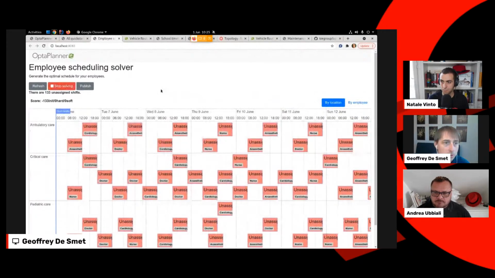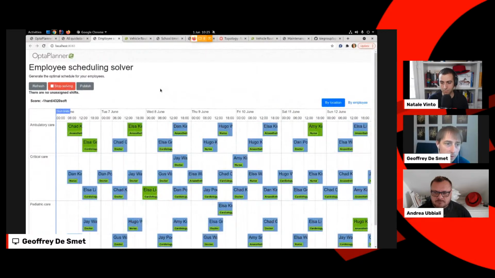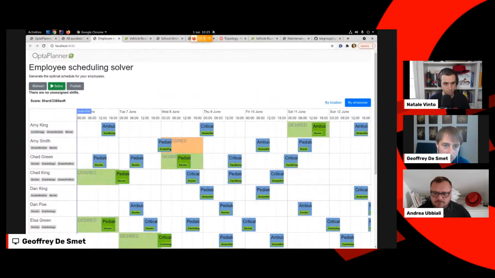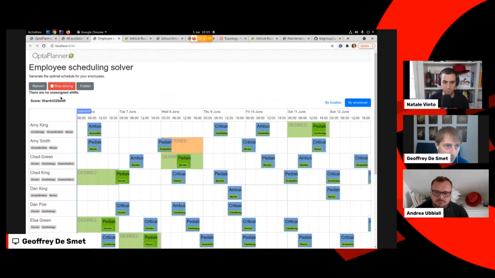When we click the solve button, what you will see is that we start assigning these. Chad, Elsa, you can see, I'll just stop it for a second, but it assigned this particular person to that shift. So it goes to this shift, Amy to this shift. And if you look at it per employee, you can see when they get their shifts. And you can see there's still a mistake here. We still have somebody in an undesired shift, which is a soft constraint, which means we can break it if you have too few people with the particular skills for that shift. But if you solve it longer, typically that will go away. And you can see the score here also.